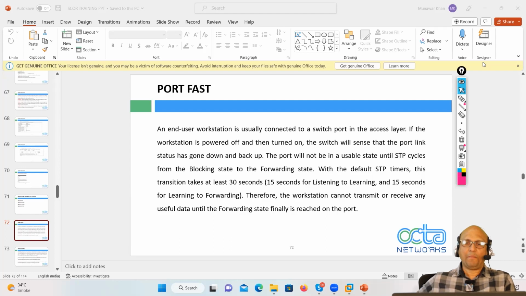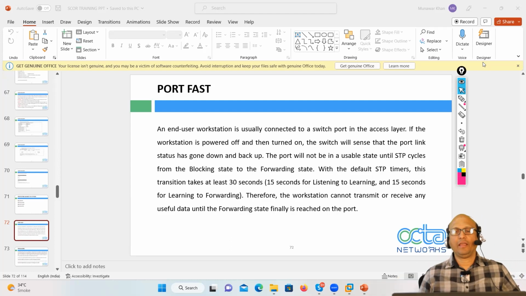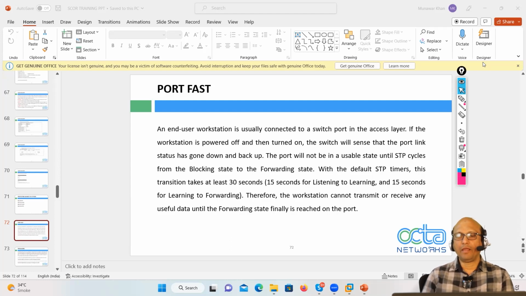So, this is just an example where I am trying to tell you that PCs are not going to create any loop, but yes, if you connect a switch, if you connect any device other than a PC, there is a chance that they might create a loop, a layer 2 loop. So, what is the motto here? The requirement here is STP is doing its job and you want STP to bypass this checking of the PC,